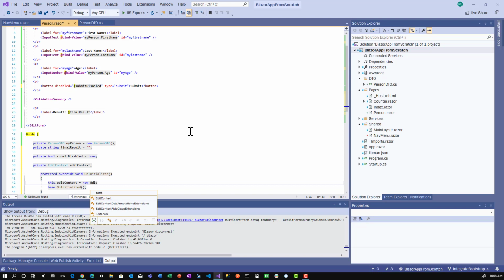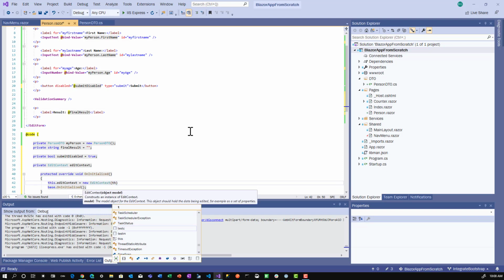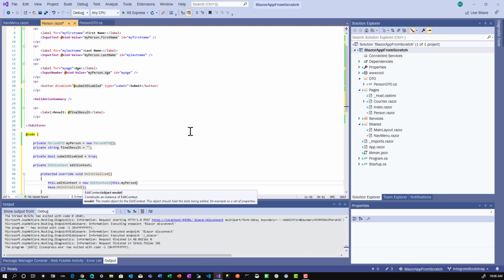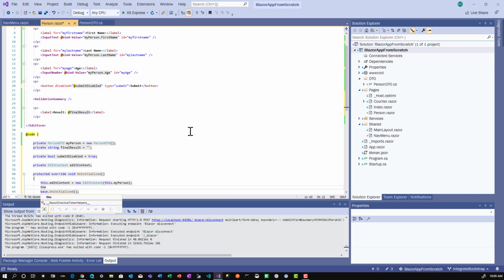So we need to define it, and we need to tell it what type of model we want. So we'll define the my person. The next thing we want to do is add an on field change event. So this dot edit context dot on field changed, and we want to subscribe to that, plus equals sender comma e,